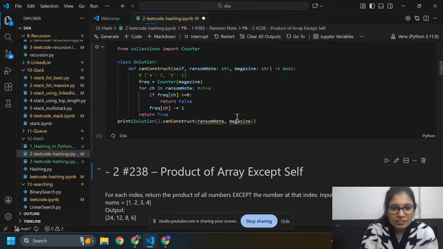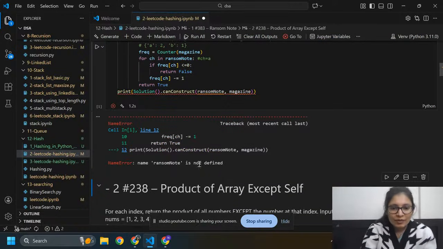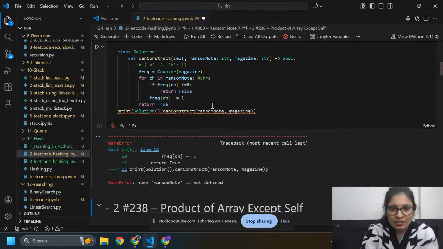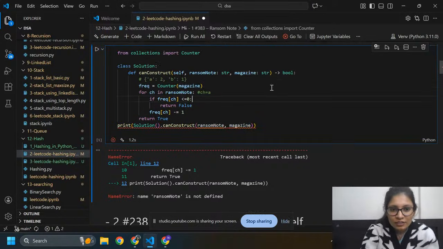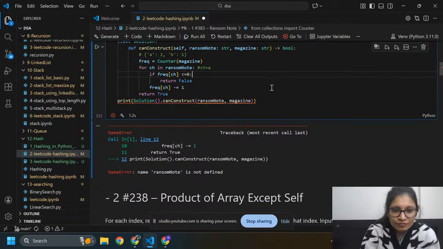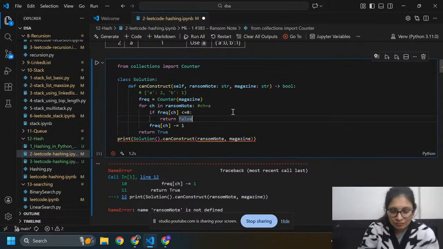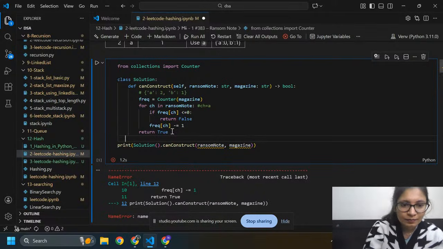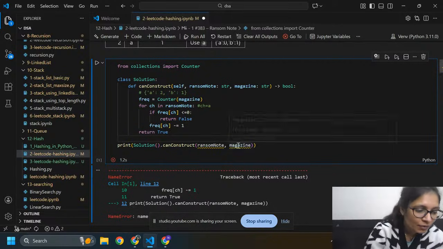I got an error: name ransom note is not defined. What is the ransom note? I already defined it, let me check. Here I need to write ransom note and magazine.